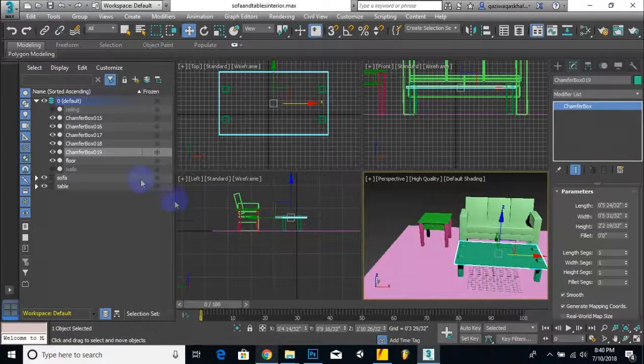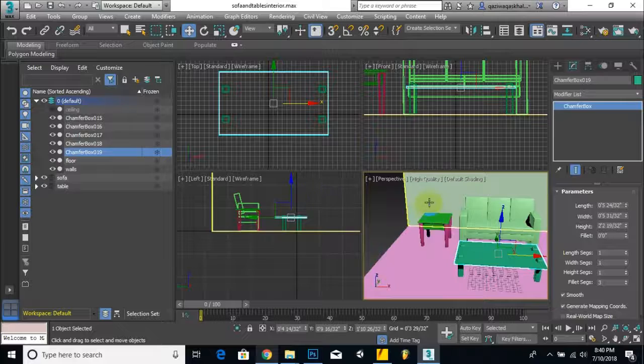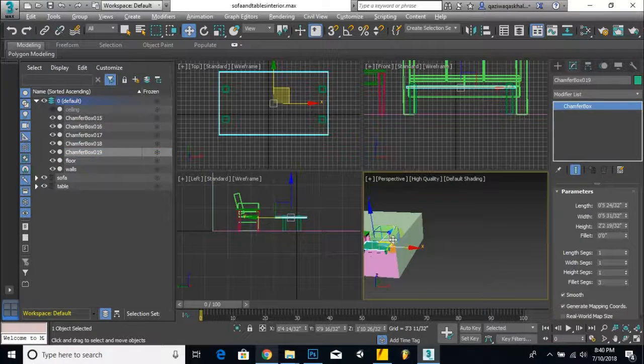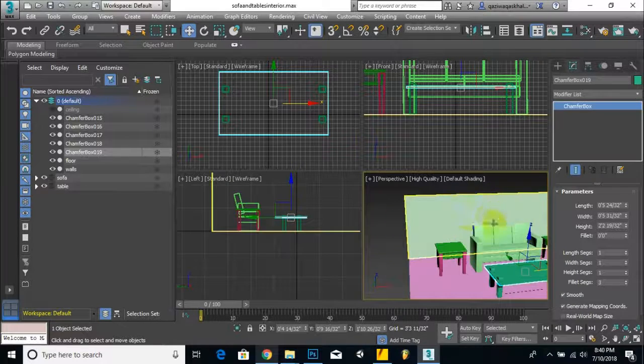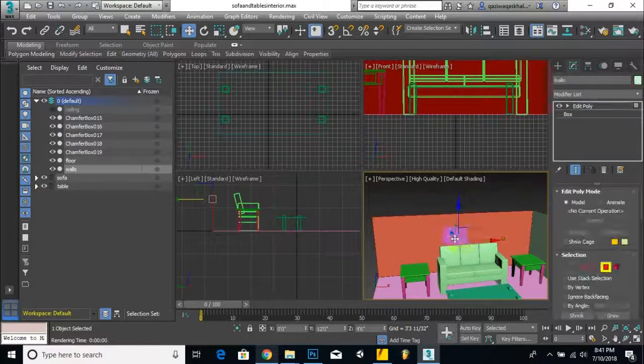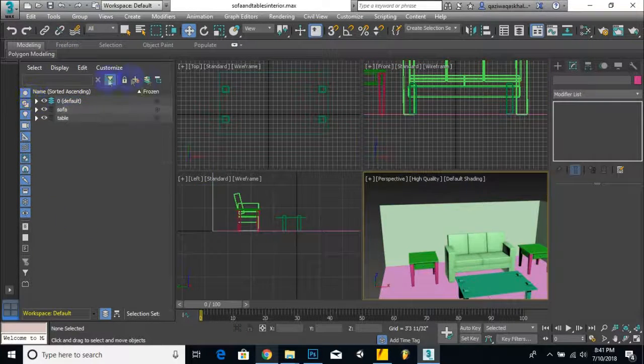Now we can show that ceiling and side walls. And the ceiling we can hide for the time being, and on the side wall we want to create a frame here. So for the frame we can just duplicate this polygon or any other chamfer box or simple box we can create, and in this case I will just create a new layer, and we will rename it to frame,